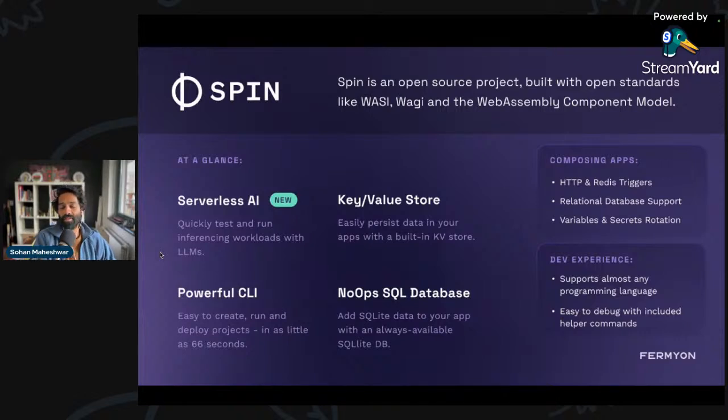And since this is serverless, you need events to trigger a particular function or an application. So right now we support HTTP and Redis triggers. There are also community written triggers for things like MQTT and I think a couple of others, SQS as well, maybe Simple Queue Service. Again, feel free to write your own triggers and maybe contribute it back to open source too. So let's take a look at code.